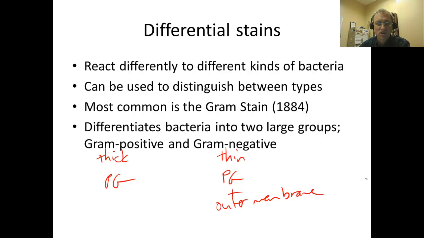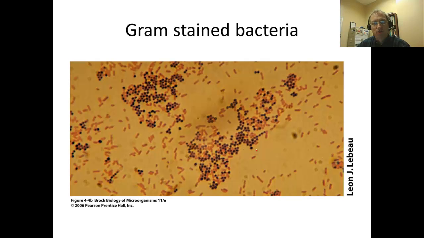And it's actually this difference in the cell wall structure, the thick layer of peptidoglycan and the thin layer of peptidoglycan, that allows these different microorganisms to react differently to the gram staining procedure. Let's look at the gram staining procedure in a little bit more detail once we see how different these microorganisms appear. This is a picture that's taken from a different textbook, not from Bauman, but we can clearly see in here that this smear of microorganisms have been stained with different kinds of chemicals, and we can easily see in here that there are large numbers of scattered rod-shaped cells, and if we were to measure those would be about